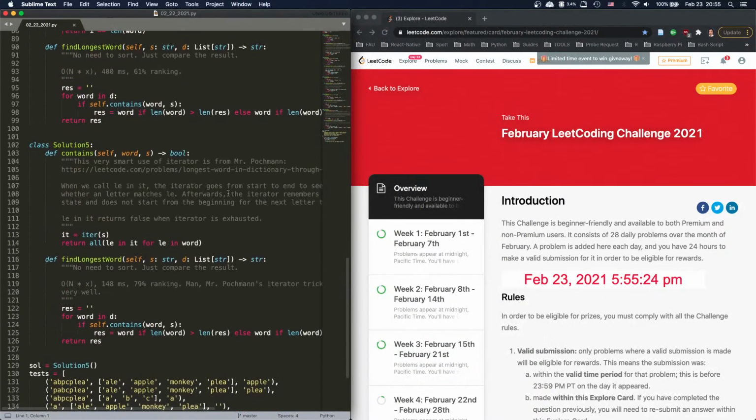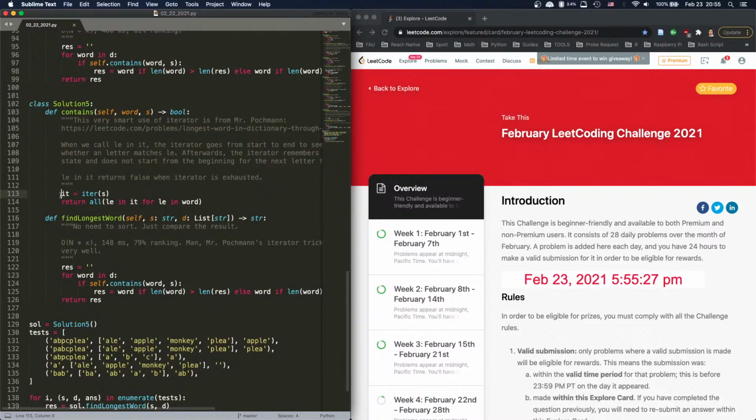So the last solution, solution 5 from Mr. Parkman, had this setup to evaluate whether a word is in S. It says it equals iterate, so we turn the string into an iterator, and then we use this. So letter is a word, right? And for each letter in the word, we want to see whether this letter is in the string S as well. And we use an iterator as a very smart way to do this, because when we call letter in iterator,